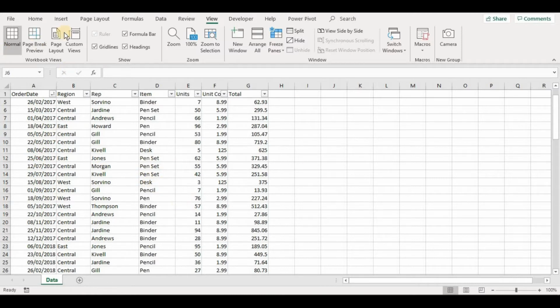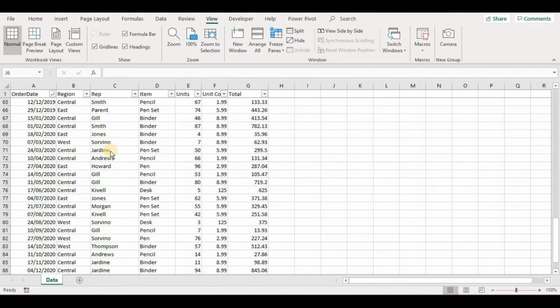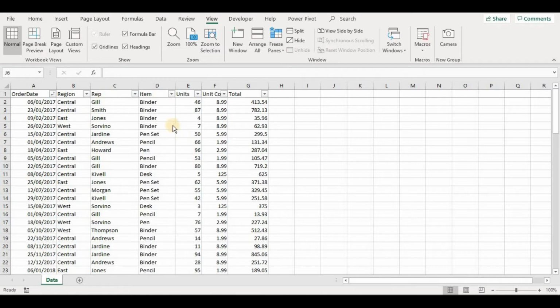For Excel pivot tables, first this is the data set. There are three things we first need to notice. When we want to create an Excel pivot table, there should not be any blank rows, otherwise our pivot will not be accurate, and also there should be no missing columns. All the columns should have a header, so if we don't have a header, the Excel pivot table will not consider it. Let's go and prepare a pivot table.